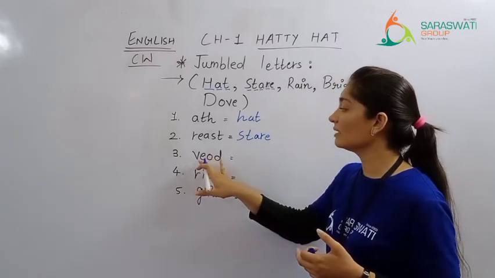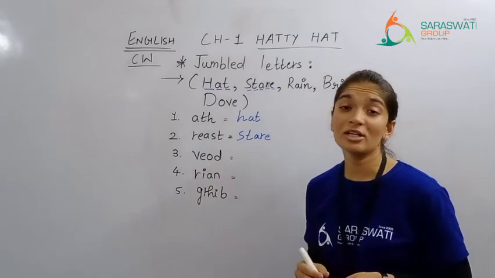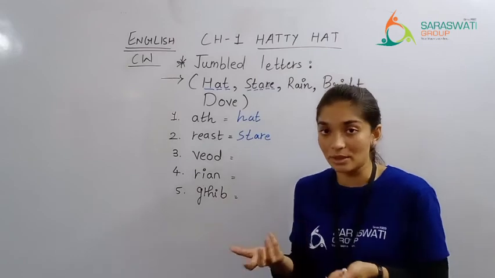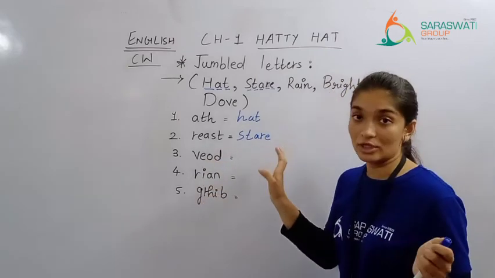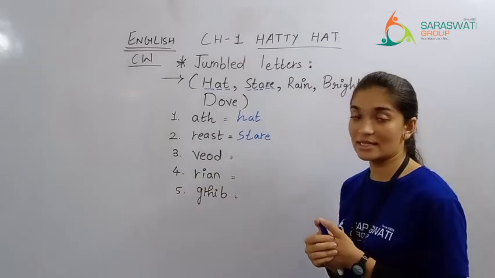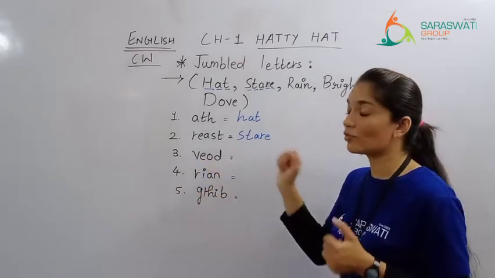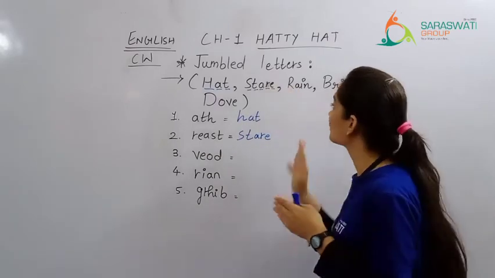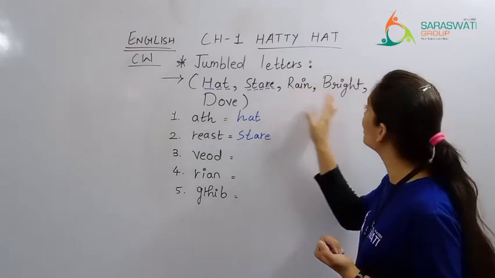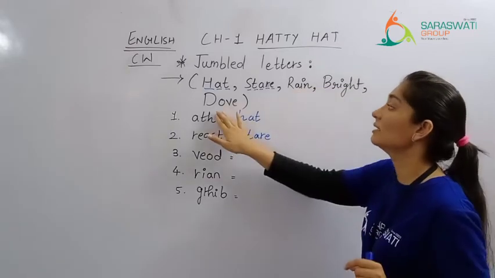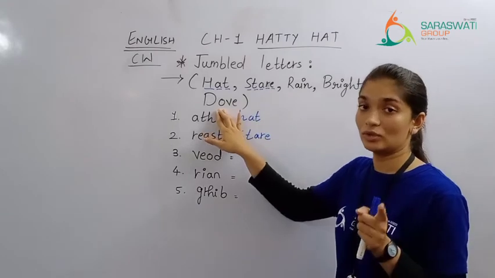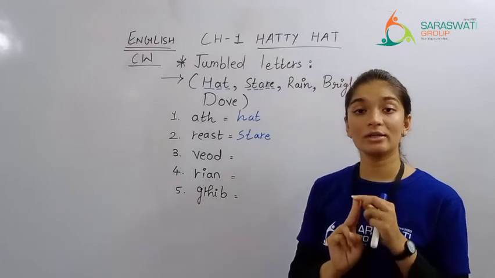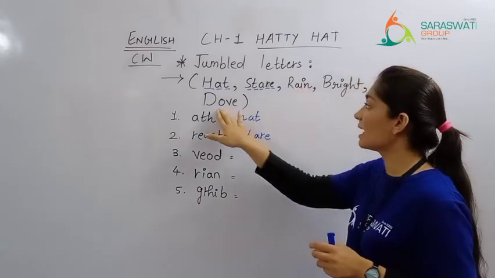Word is V, E, O and D. This word is not making any sense. It is not making any sense because it is jumbled. Right. First of all, let us count karso apne. How many letters are there? 1, 2, 3 and 4. There are 4 letters. So given in the bracket after 4 letter word goes. Yes, this is 4 letter word. This is 6 letter word. And this again is 4 letter word. So we have 2 4 letter words over here. Apni paase બે 4 letter words છે અહીંયા. One is rain and one is dove.